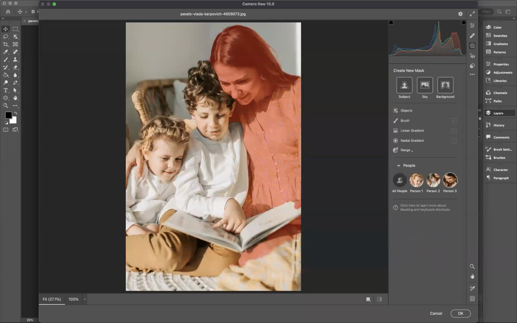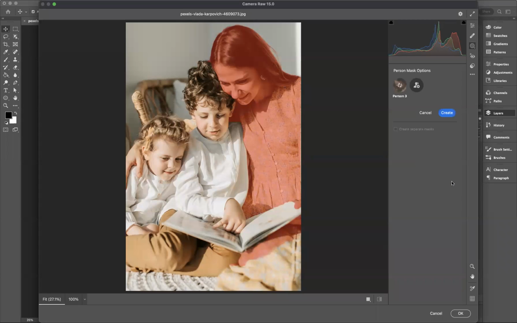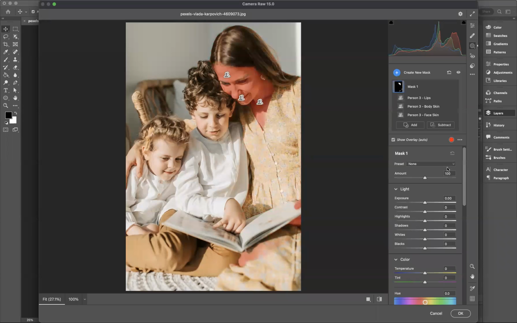Now what we can do is, let's say for instance we wanted to manipulate person 3 here. If we click person 3, it's setting up our masking options here. So what it's allowing me to do is to manipulate the lips. I can do face skin, body skin as well, I think would be wise. And let's leave the hair. So now if we say create, as you can see, all I'll be doing is manipulating those particular sections within our image here. Really, really cool